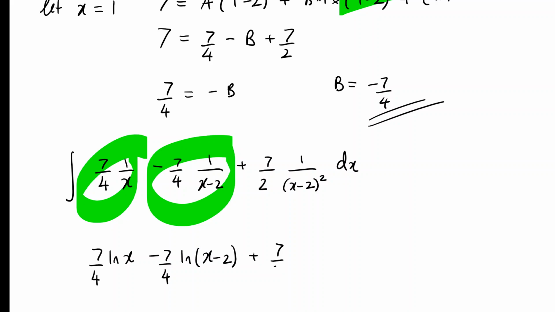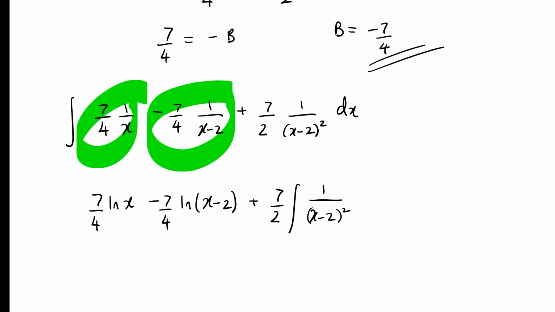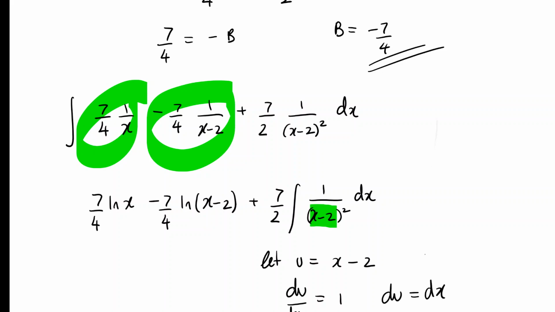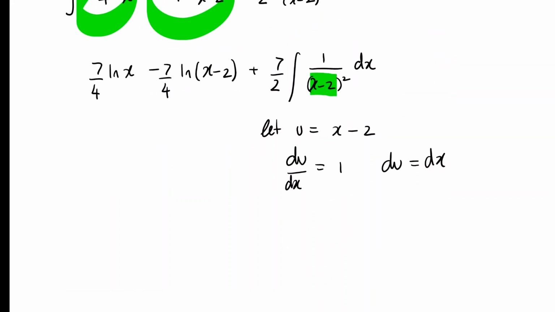The last part, taking the coefficient out of the integral, just takes a tiny bit more work. Ideally here, the denominator needs to be simplified, and we do that by letting the inner part of the denominator, so just x minus 2, equal u. So let u equal x minus 2, therefore du dx is equal to 1, du is equal to dx. I'm just going to ditto the other parts as we work through. The only bit of this that's changing,